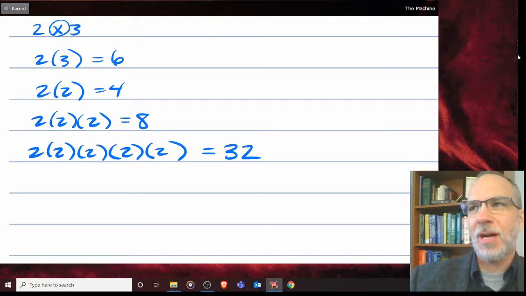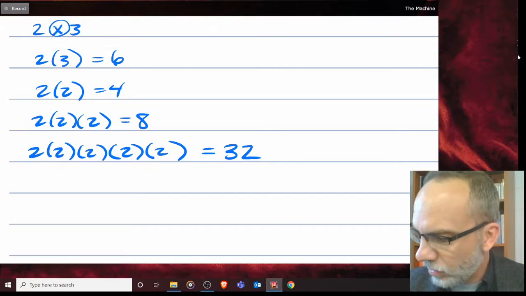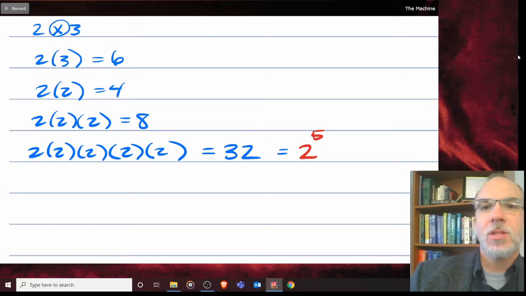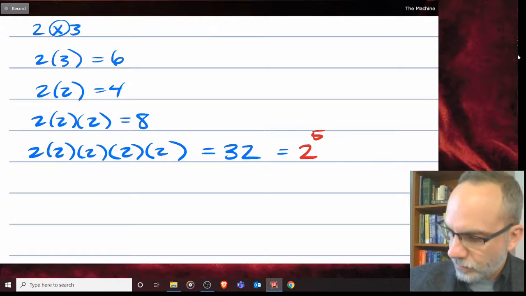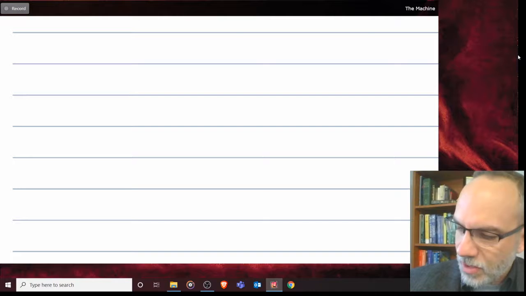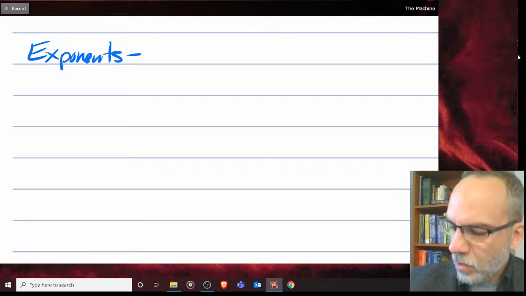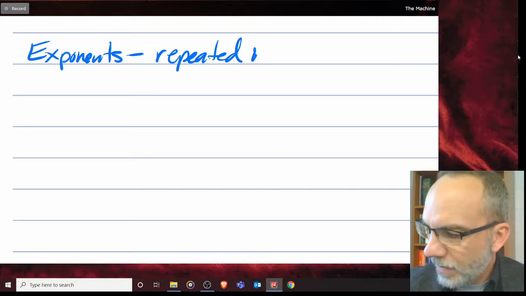Just like if I had repeatedly added, we said that that was multiplication. And hopefully you realize, yes, that would be equal to 2 raised to the 5th. So what I want to talk about today then is exponents. So now's a good time to start taking notes. Exponents would be repeated multiplication